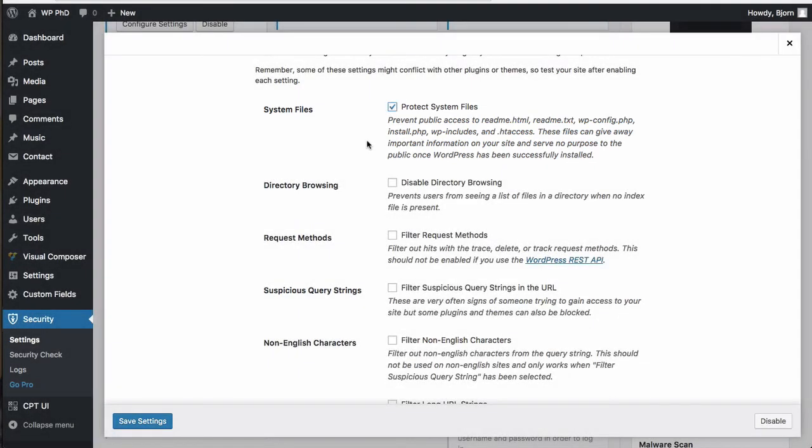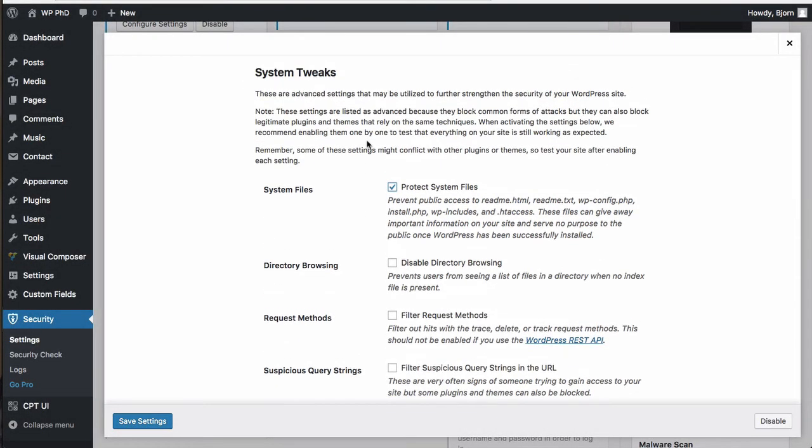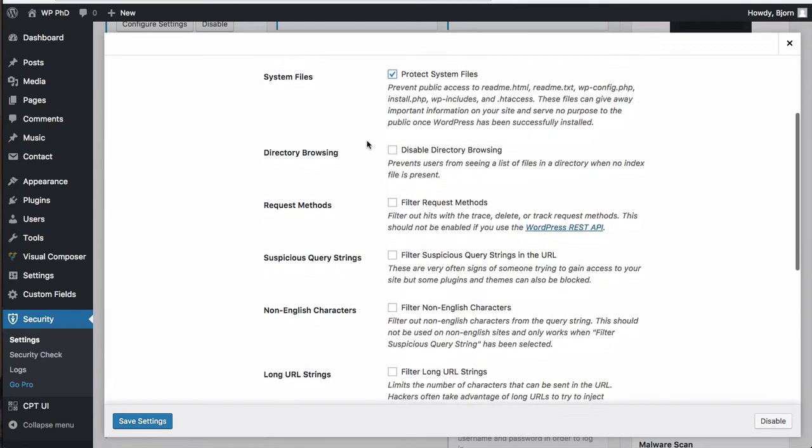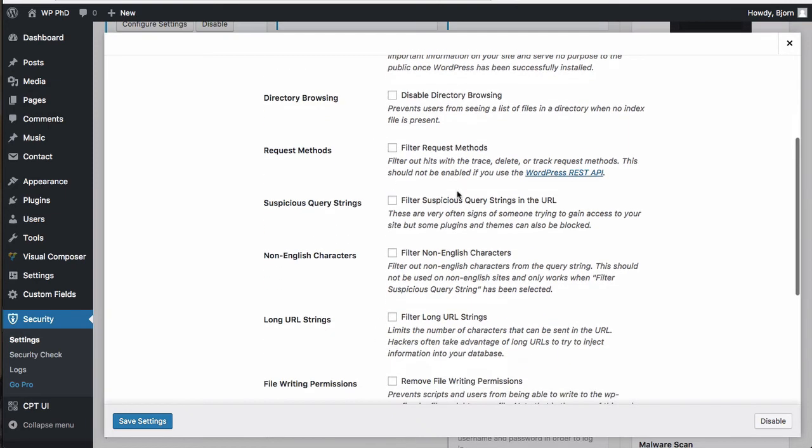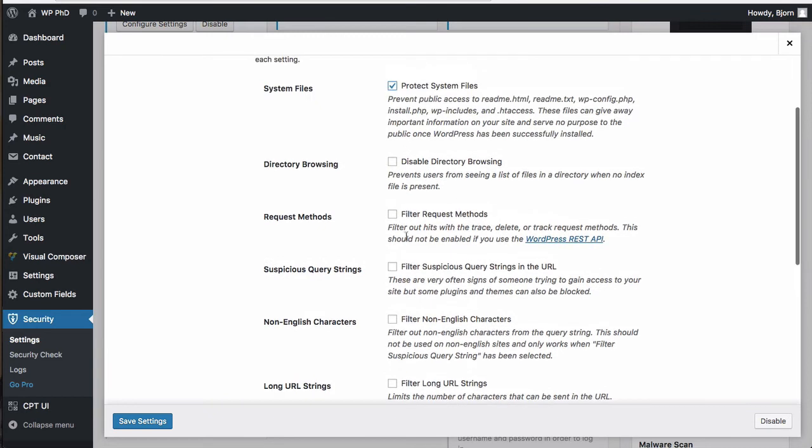One thing I forgot to say about these system tweaks, you want to make sure you also do these one at a time, because there can be conflicts, there can be a lot of issues depending on your server and website configuration. Some sites you can check all of these and there's no problems. Other sites, various things in here may cause problems. So if you're doing this live on your site, you shouldn't do it on production sites, you should do this in some kind of test environment first.